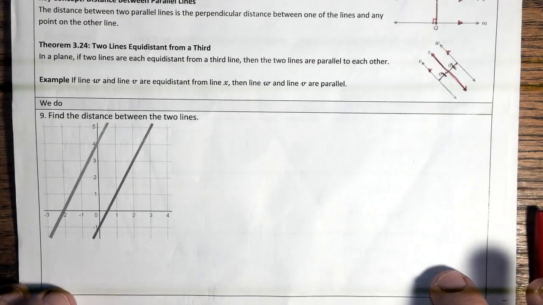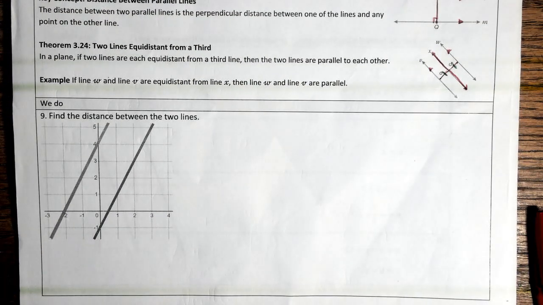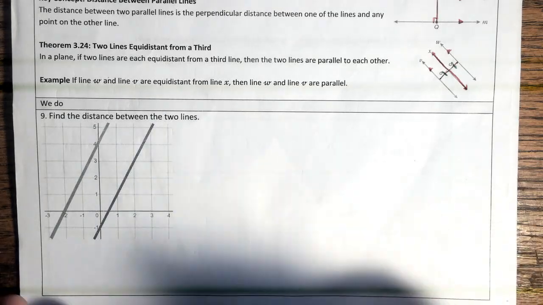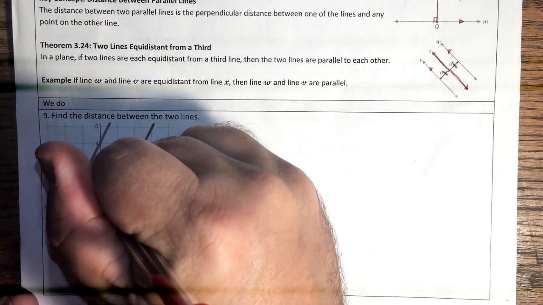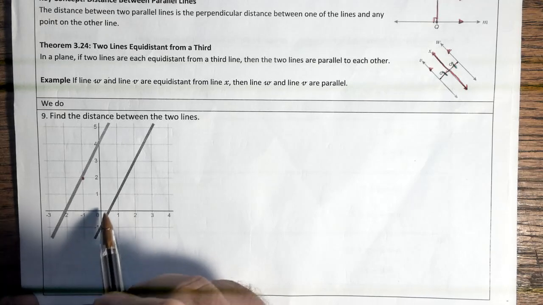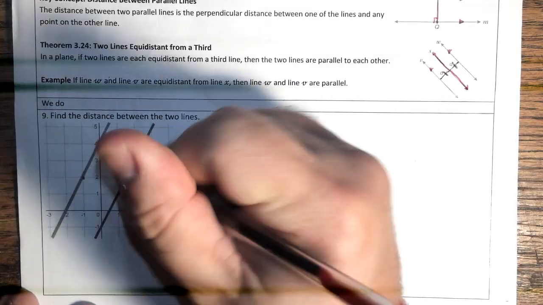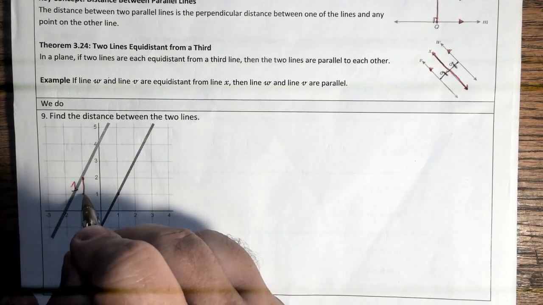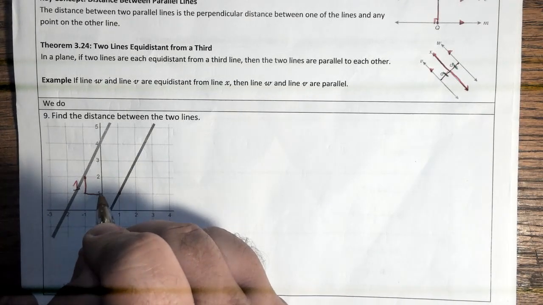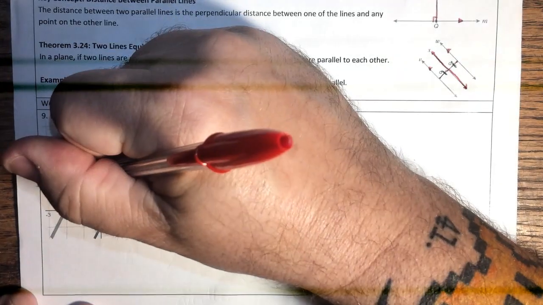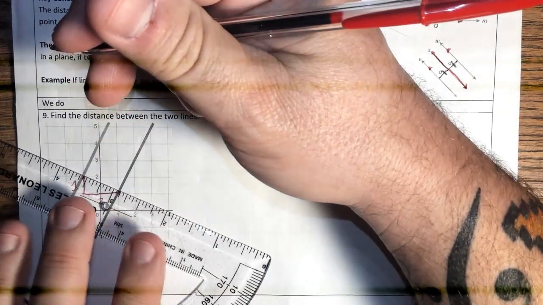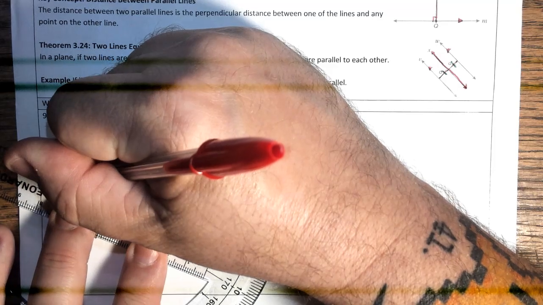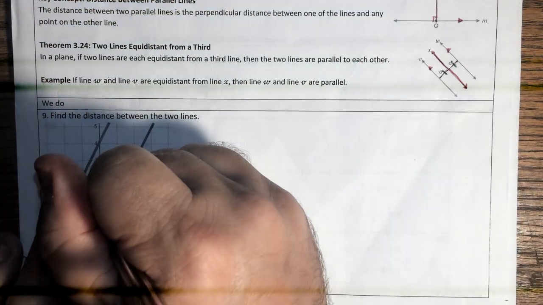All right, bottom of page 13. This is an I do. Find the distance between the two lines. So let me show you guys another way to find the distance. We of course plot some points, or find a point on this line. Notice this crosses here. So I can go from here to here, that's 1, and then from here over here, that's 1, 2. So 1, 2. And we draw using proper tools a line between those two. We have a right angle,